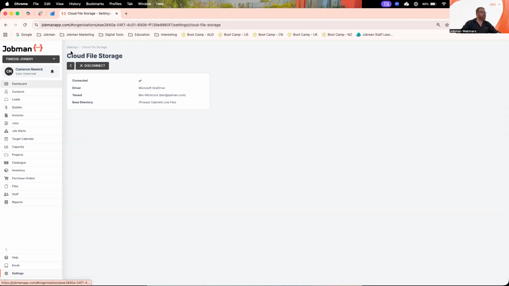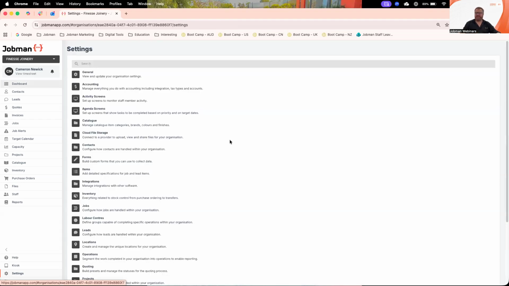The main benefit of the cloud file storage solution management in the software is we will build templated folders in all of your contacts, leads, and jobs. It will allow the team to upload photos via kiosk. It will allow things like the alerts to have photos attached to them, photos attached to item specifications, photos and forms. It's very important that you have a cloud file storage solution connected to Jobman to give you the best